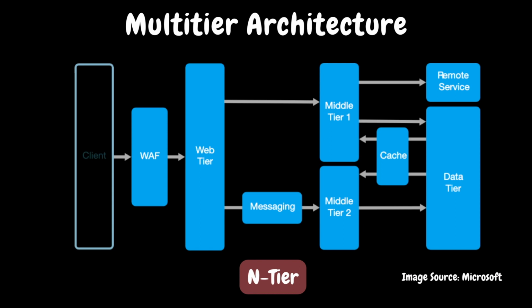Here, the number of tiers will be organized based on the need and requirement. In this type of model, we can have multiple tiers for each layer. I have referred to this image from the Microsoft official site. Other than the layers, there are other components that will be involved in this type of entire architecture model to